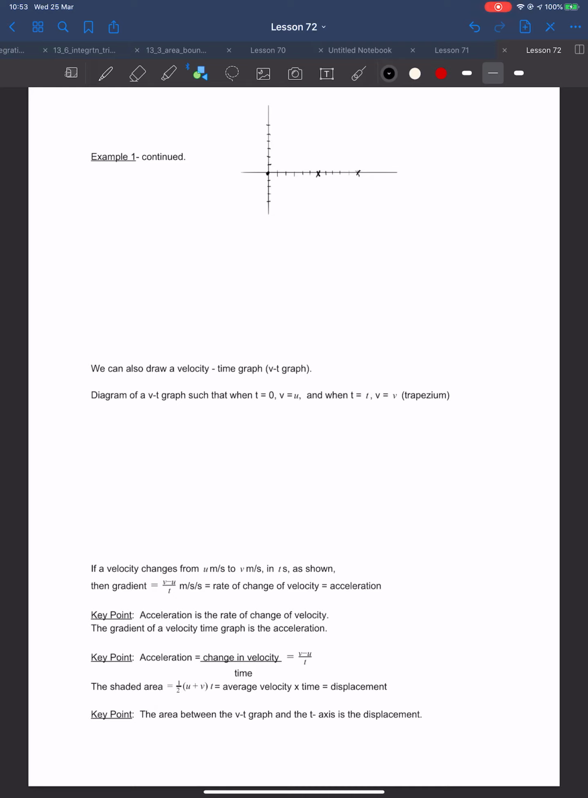Okay. So we can say that's the first one. That's the first motion. After 6 seconds, it's gone forwards 12 metres. This is the displacement, this axis here. Displacement in metres. This is the time in seconds. So after 6 seconds,